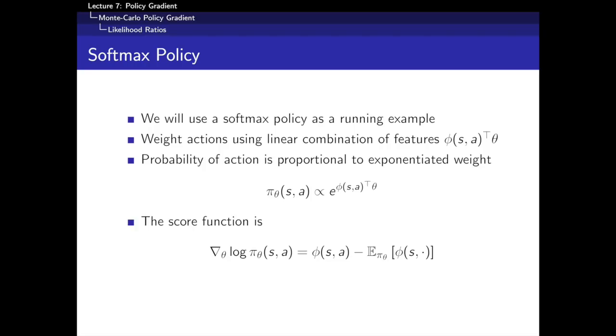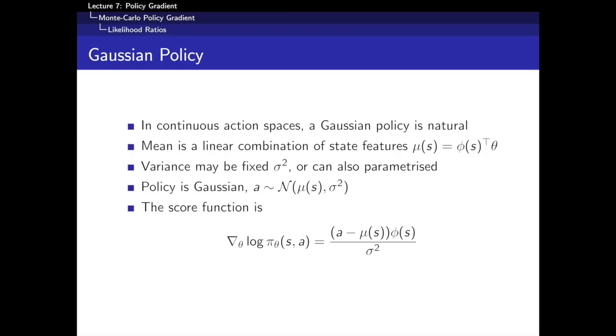Okay, so this is the softmax policy. I just want to give one more example of policy, which is the Gaussian policy. In a continuous action space, like the IVO example, the commonest policy to use is a Gaussian policy. And what do we do with a Gaussian policy? Well, we basically just parameterize the mean of this Gaussian, and then you have some randomness around that mean, some